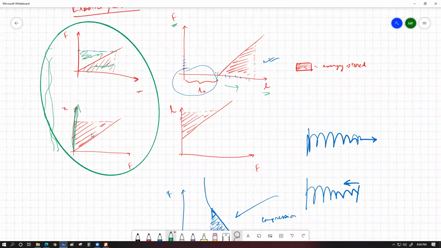হ্যাঁ, এনার্জি স্টোর উইদিন দ্য স্পেসিমেন ক্যালকুলেট করার জন্য আমাদেরকে ডিফর্মেশন এক্সিস এর সাথে অ্যাডজেসেন্ট এরিয়াটুকু ক্যালকুলেট করা লাগবে, ফোর্স এক্সিস এর সাথে না। কেন স্যার এটা? Because the force can be zero and the length can still have some value. The deformation gets started when the object starts to have change of its length, not exclusively when the force starts to become more than zero. ওকে স্যার, বুঝতে পারছি।